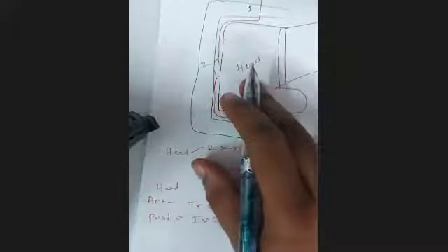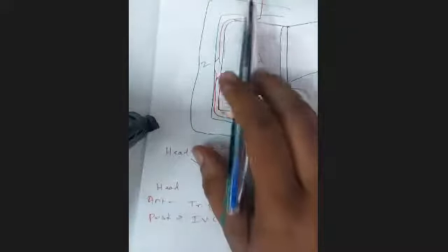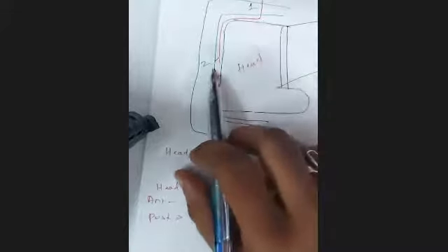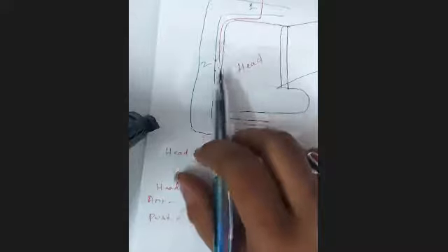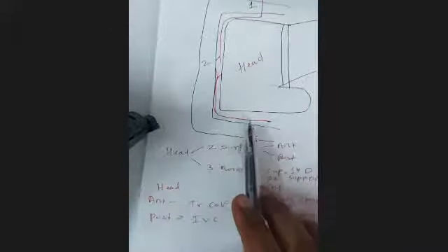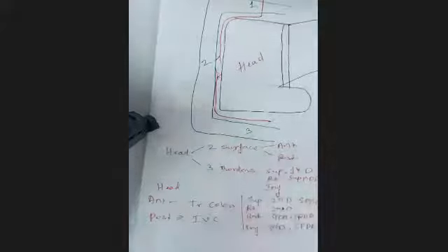Anteriorly it is related to the transverse colon, posteriorly related to the IVC, and it has three borders. The upper border is related to the first part of the duodenum and the superior pancreaticoduodenal artery. The right border is related to the second part of the duodenum and the anastomosis between the superior and inferior pancreaticoduodenal arteries, and the inferior border is related to the inferior pancreaticoduodenal artery and the third part of the duodenum.